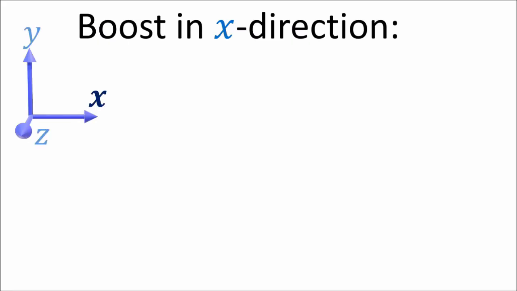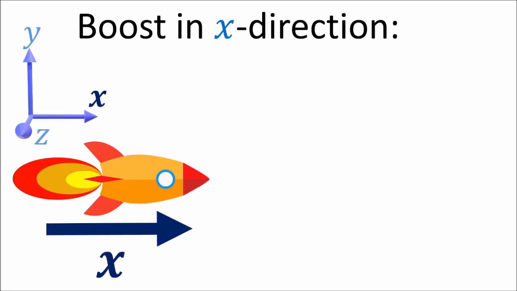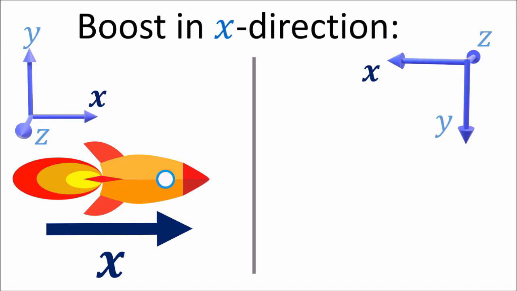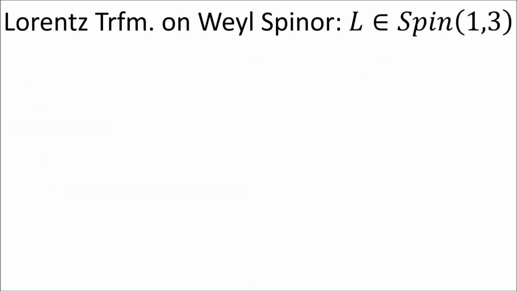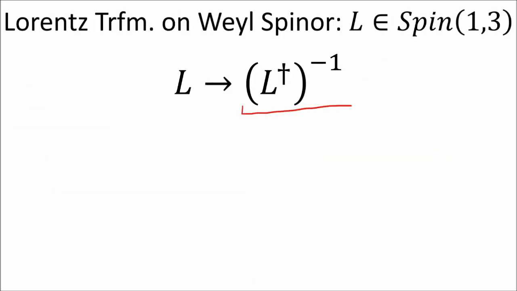However, if we have a boost in the x direction and do a parity transformation, the boost does appear to reverse direction. When we replace L with L dagger inverse, this has the exact behavior of keeping rotations the same